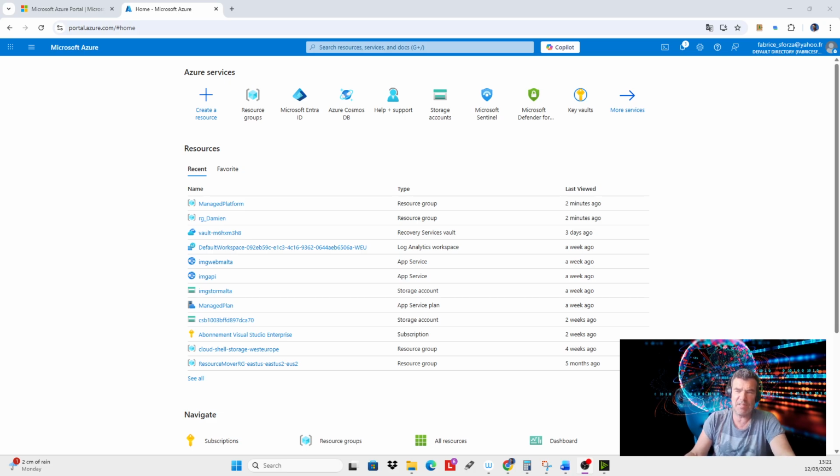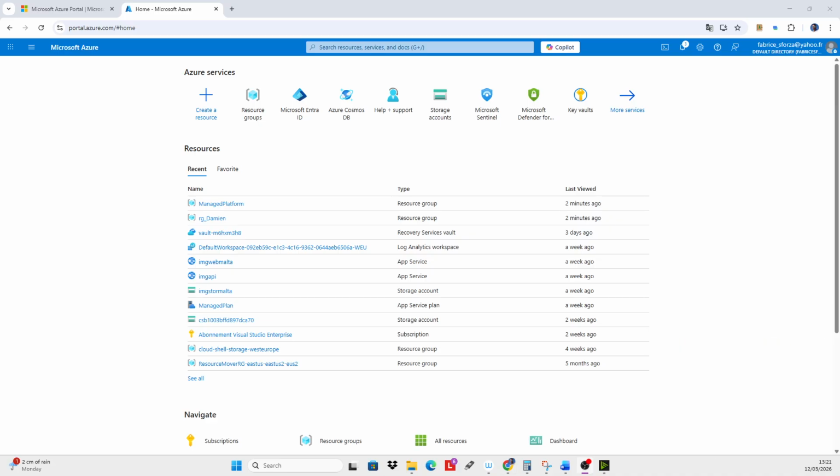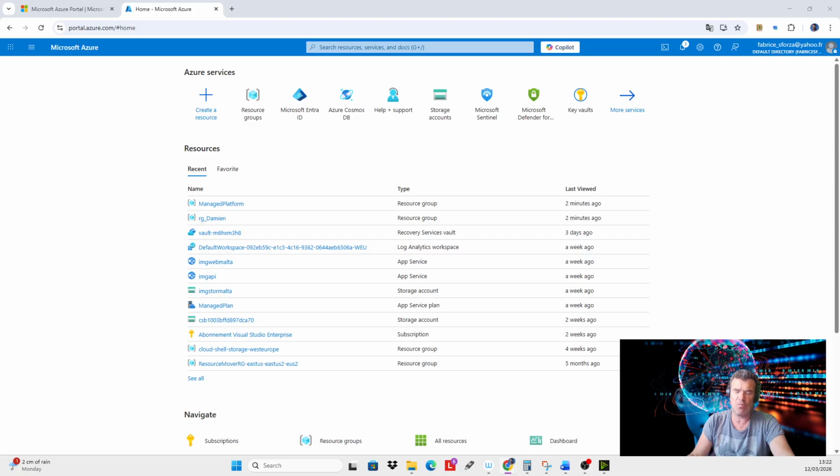Hi, so it's time to build our new VM, and in this lab, I'm going to show you how to configure an Azure Linux VM. Depending on your accent, okay. In this situation, we will see how to create a web server.